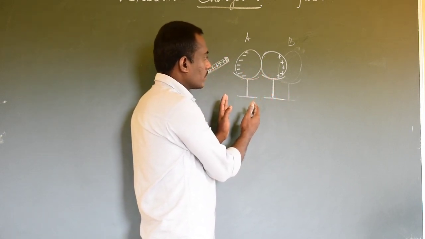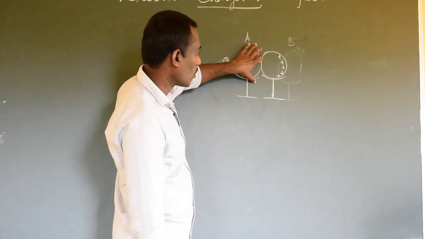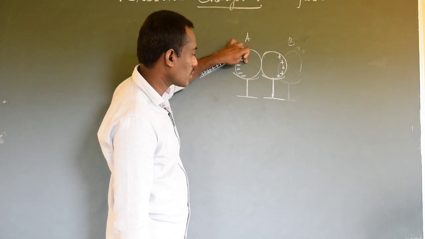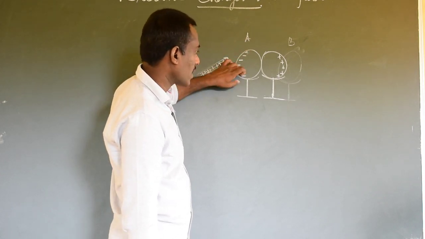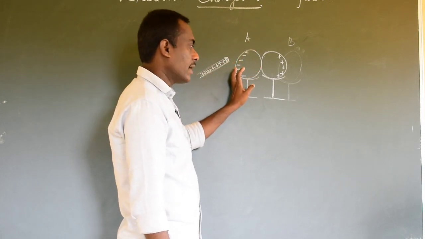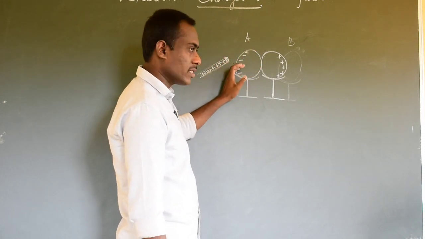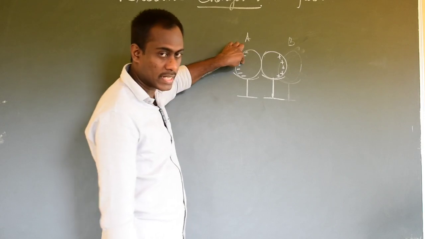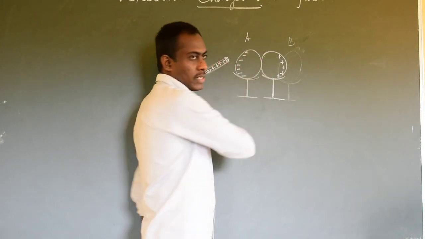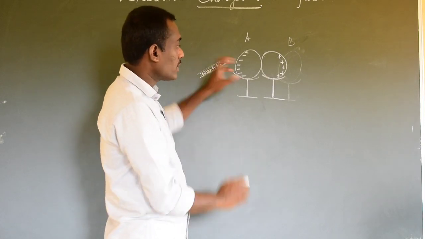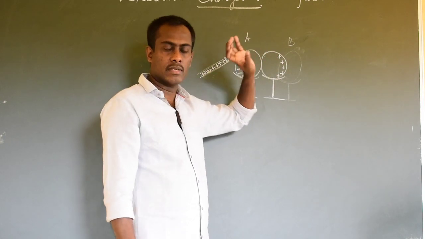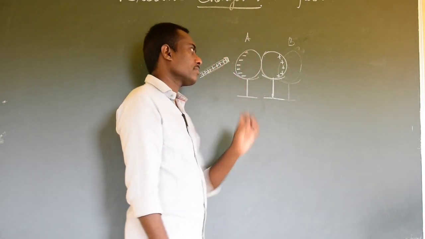So what will happen? The charges will be separated, and still the metal rod is nearby metal sphere A. So the negative charges will remain here, residing on the surface of the sphere, and the force of attraction exists. At the same time, the force of repulsion exists, but these two metal spheres will be opposite: the majority of the charges in sphere A will be negative, and the majority of the charges in B will be positively charged, and now they